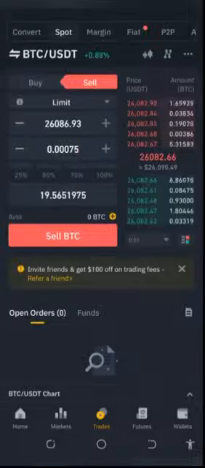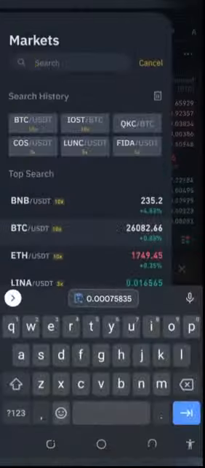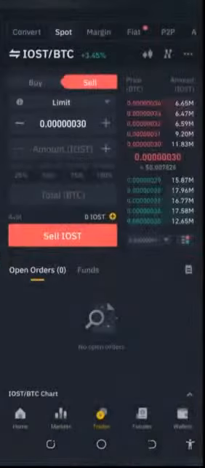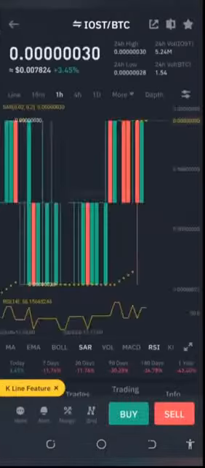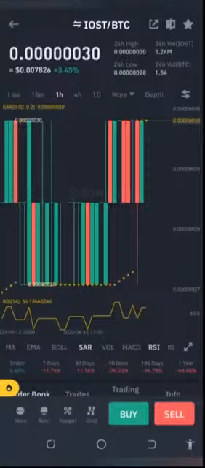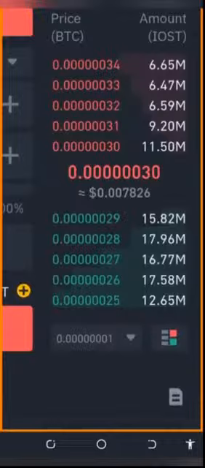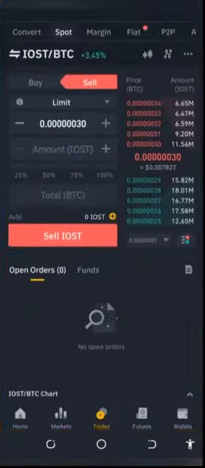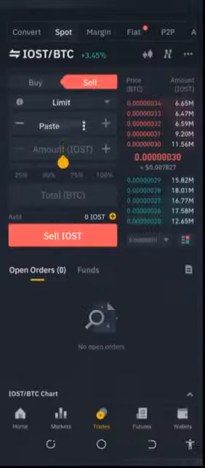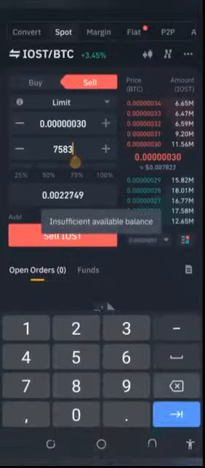One thing is going to tell me whether I should do that or not. I'm going to look at the charts. Now if I look at the charts and I see that within a time frame it went up, it went down, but you can see it's currently at 30 now, right? And for me to be able to get this sold quickly, you see this green side here has to be 30. That's it. So how long is it going to take for me to sell this? If I have to leave it as a sell limit, because if I put that amount here, no, that's supposed to be, I think that's supposed to be